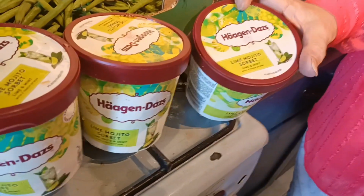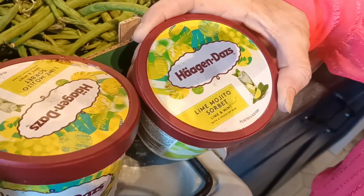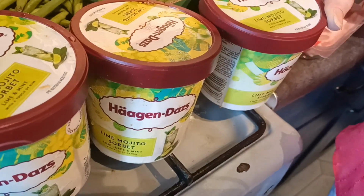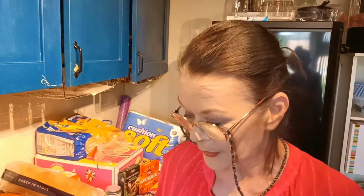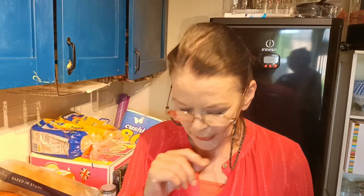These were absolutely free, and the Haagen-Dazs, they've melted. I'm going to have to put them in the freezer quickly. Haagen-Dazs lime and mojito sorbet, lime and mint with a touch of rum. Now Oscar's opened one to decide if he likes it or not. He liked it that much, he took the whole tub away, and he didn't return with it, so they will go straight in the freezer, and they will be his treat. Haagen-Dazs sorbet. Now I got those absolutely free. As I say, there was 4 of them. Should I have purchased them in the shop, it would have cost me